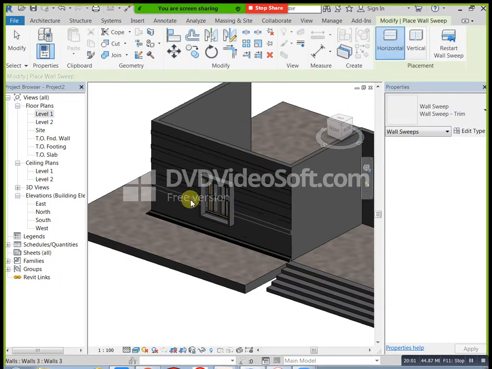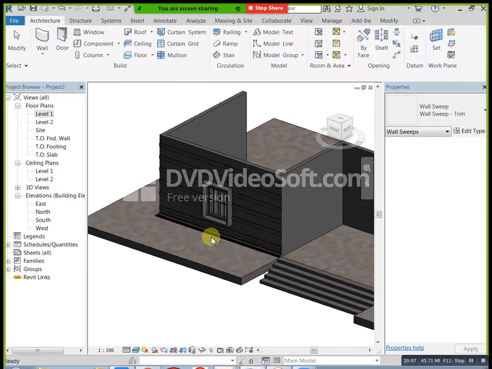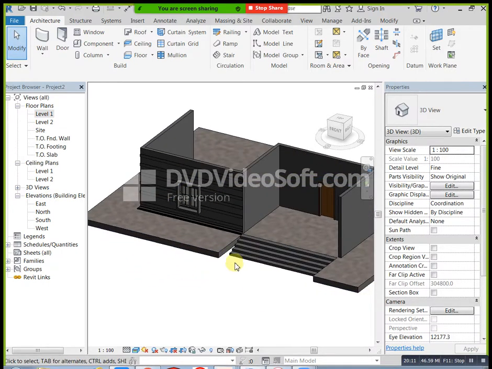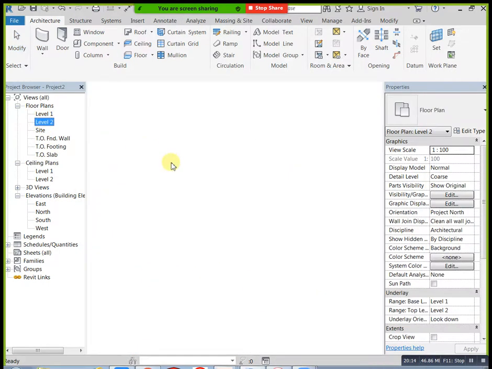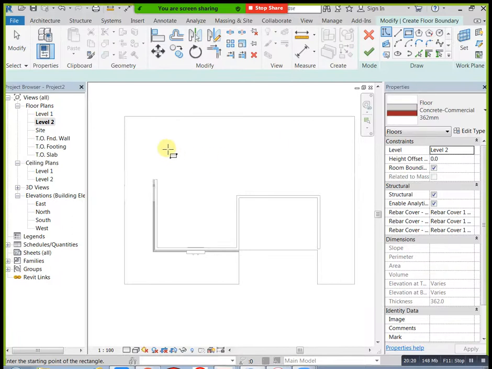Next, go to the level 2. Here you can apply your floor or slab. Then you can apply 150, finish.